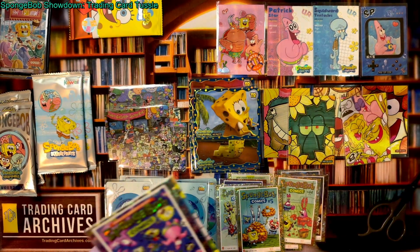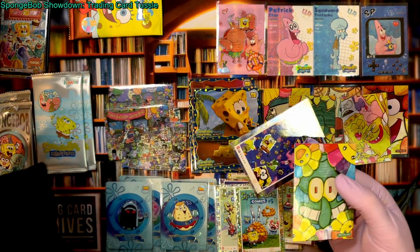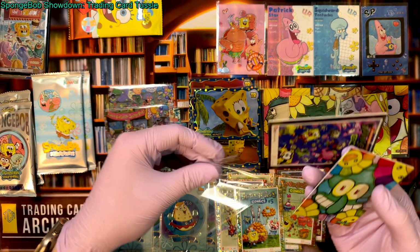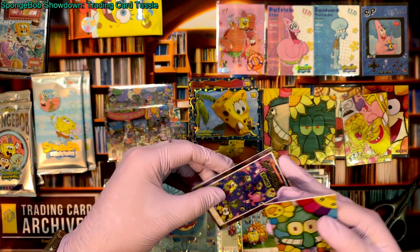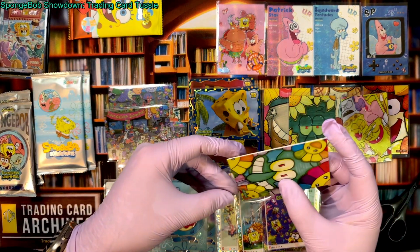So we still have not pulled a single dupe from this set either, which is just wacky to me. To think that we would not pull any dupes, that's crazy. I probably missed them, but